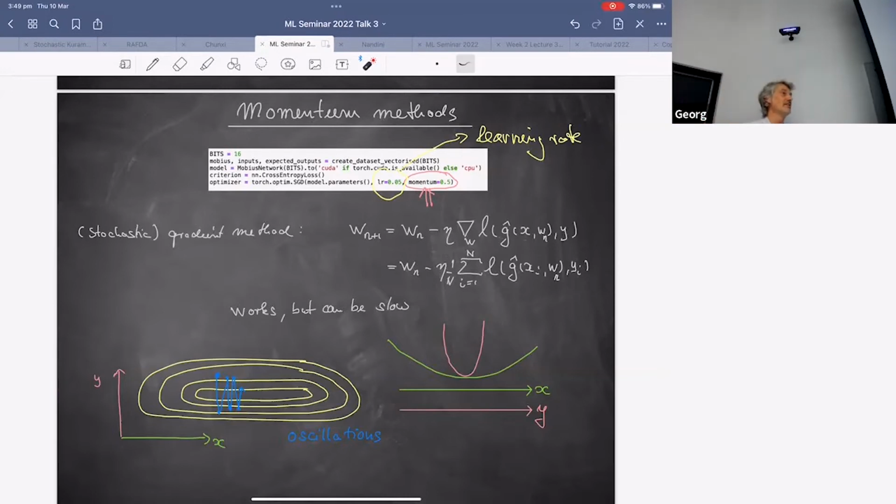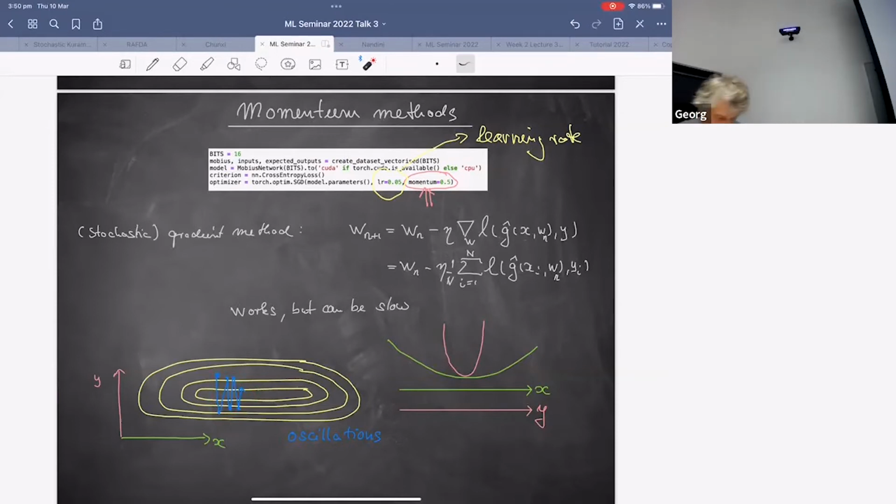But the situation where it's quite slow. For example, imagine your loss function looks like this. So where we have one direction, a cross section here, where we have a very steep minimum, and then if we do a cross section here, we have a very shallow kind of minimum. And if you start here, you're going to go along the steep direction, and you can oscillate here for quite some time before you reach the minimum, right?